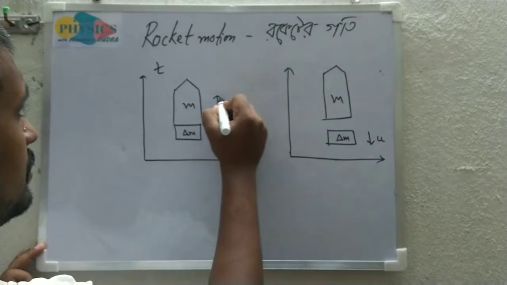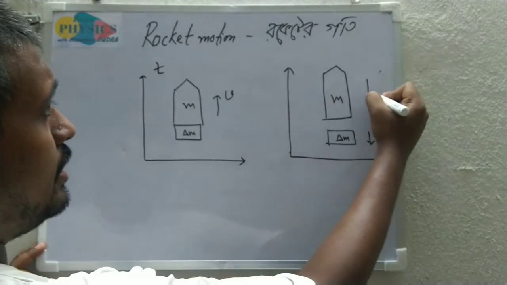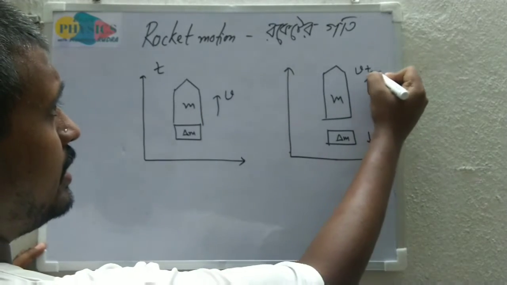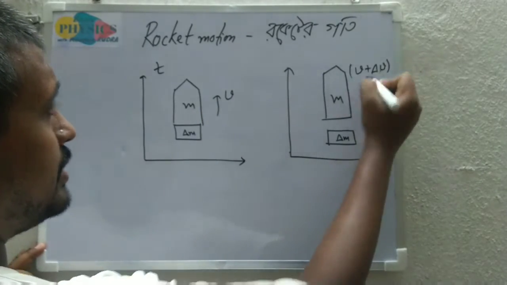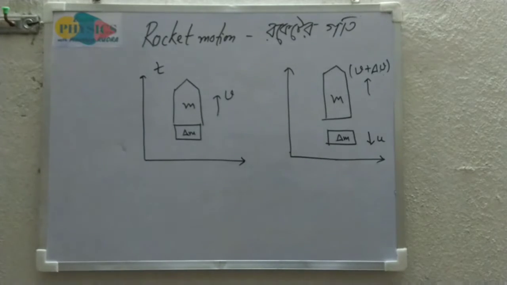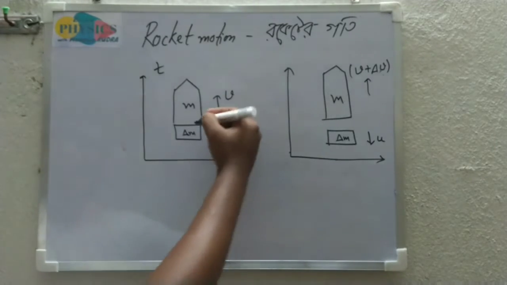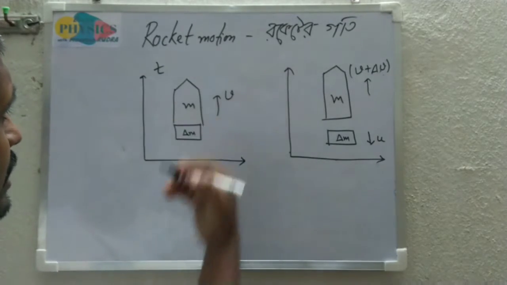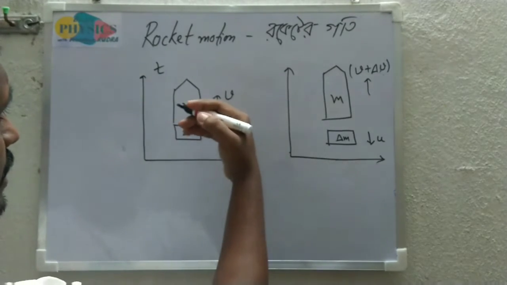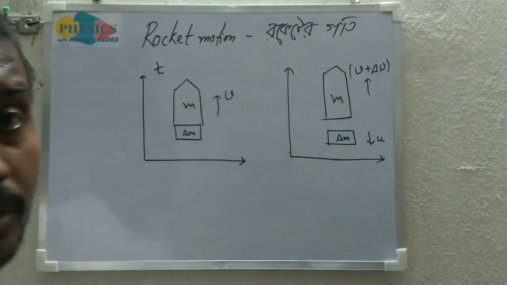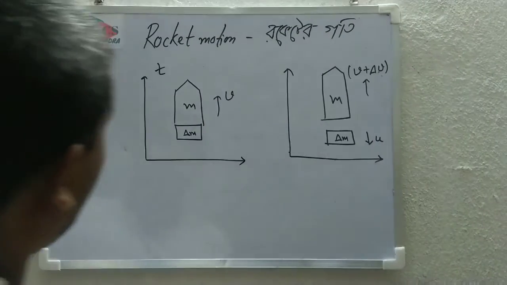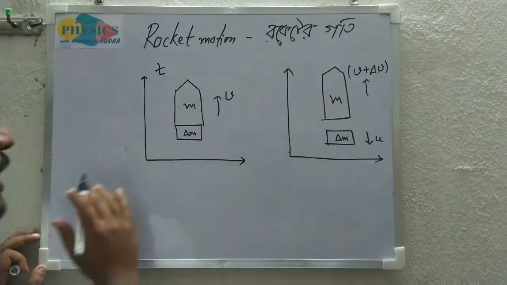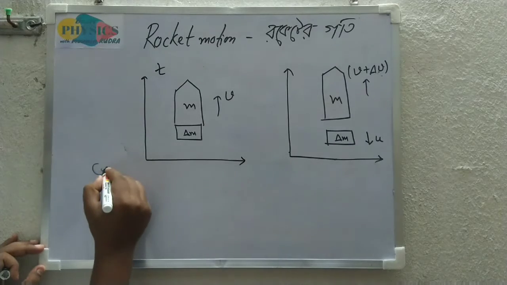If at time t the velocity is v, then at t plus delta t the velocity will be v plus delta v. Now the rocket is going upwards and it decreases its mass by ejecting gas delta m downwards, so the rocket will get more velocity, v plus delta v. Now from linear momentum conservation